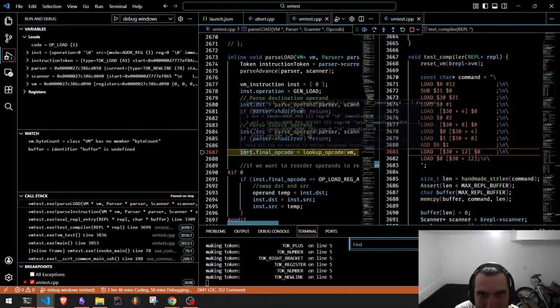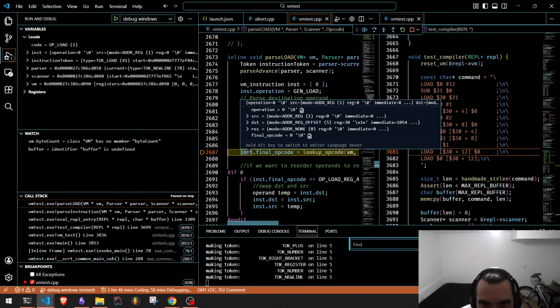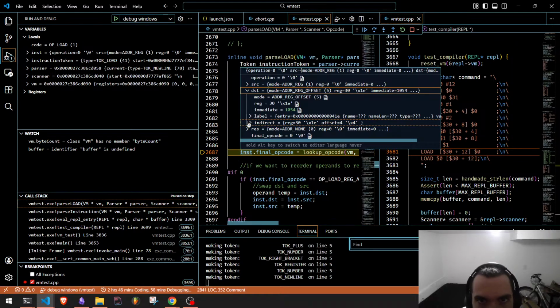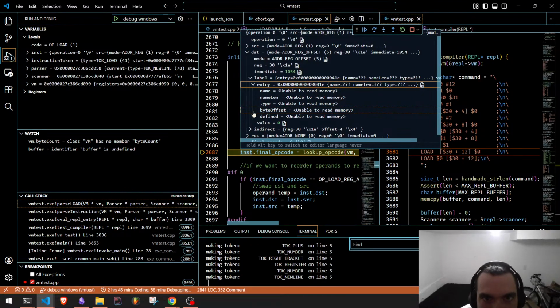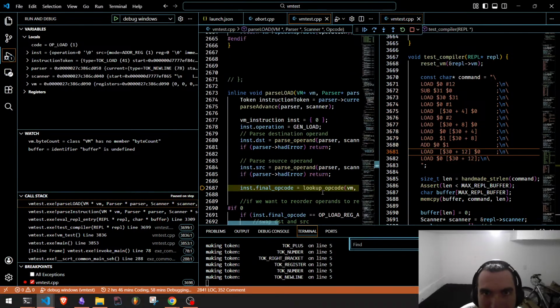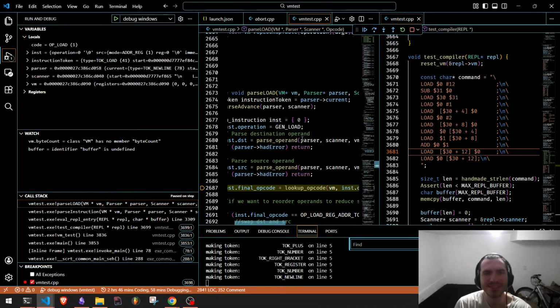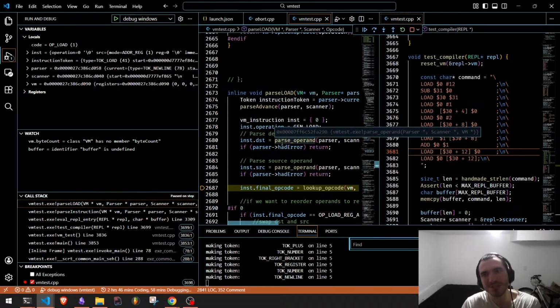So in instructions, the source will be a register. The offset will be byte offset. Register plus 30. Okay, I don't think I ever allowed for adding